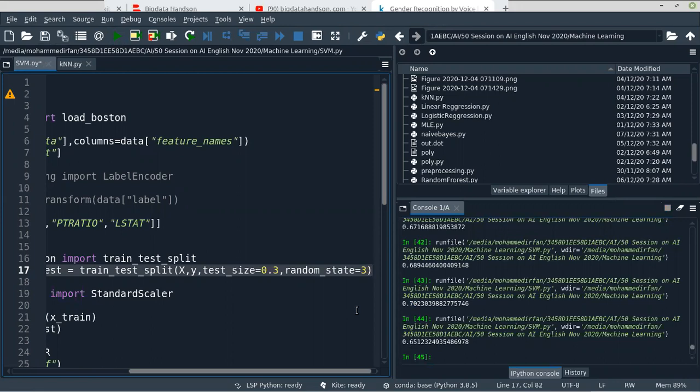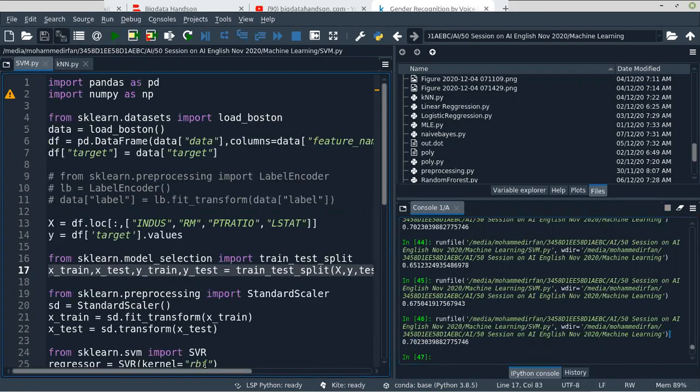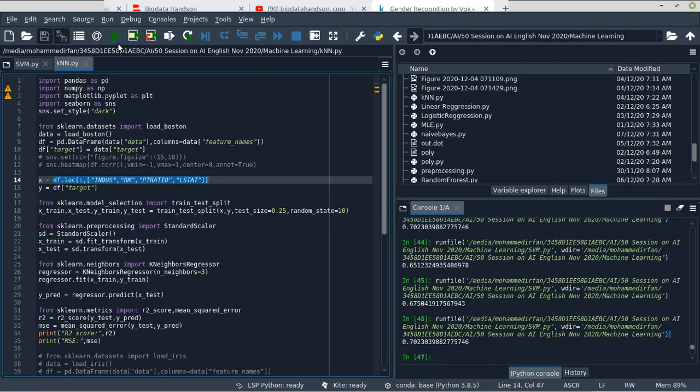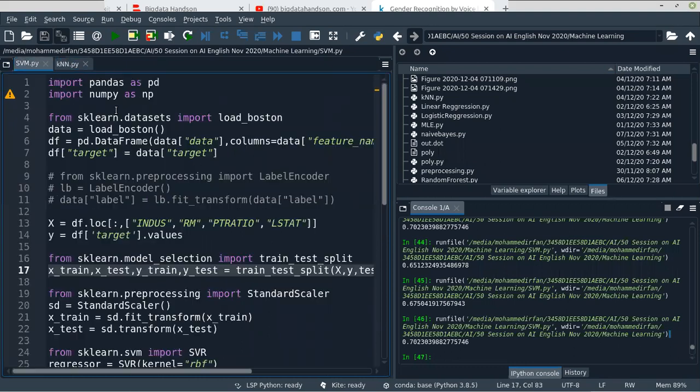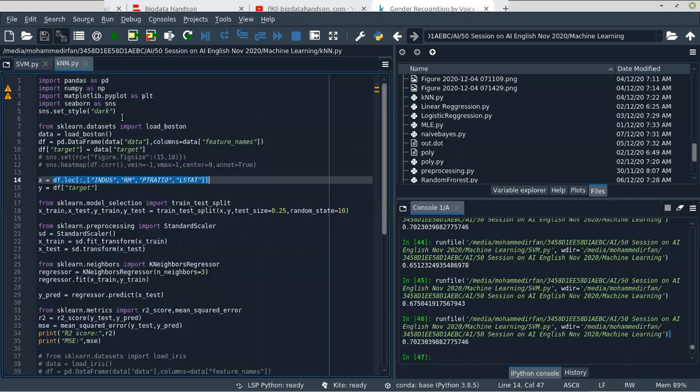We'll decrease now, 0.67. Let's keep random state 30. So that's giving me 0.70. This is very low when compared to KNN. It's giving 0.79 actually. So for this Boston data, we select K neighbors.